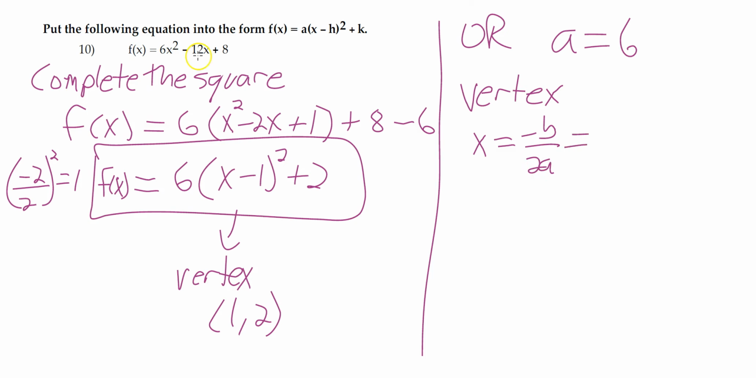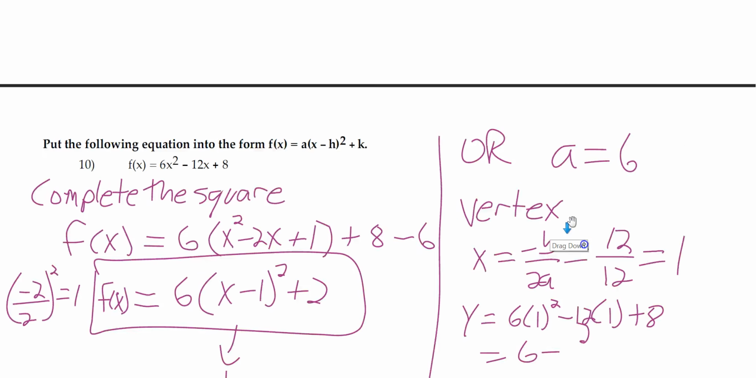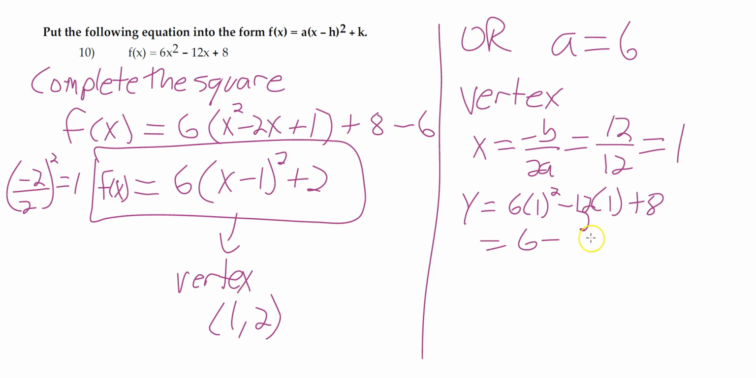The opposite of b is 12, and 2a is 12, so I get 1 for the x part. And I plug that into the function. And I got 6 minus 12. Wow. Sorry about that. Six minus 12 plus 8, which is negative 6 plus 8 is 2. Great, so we have the vertex 1 and 2, and we can go backwards